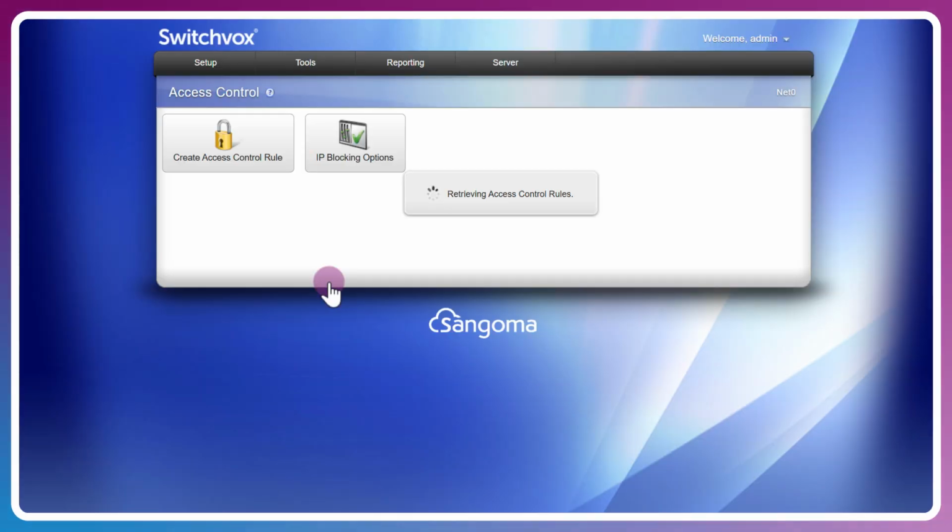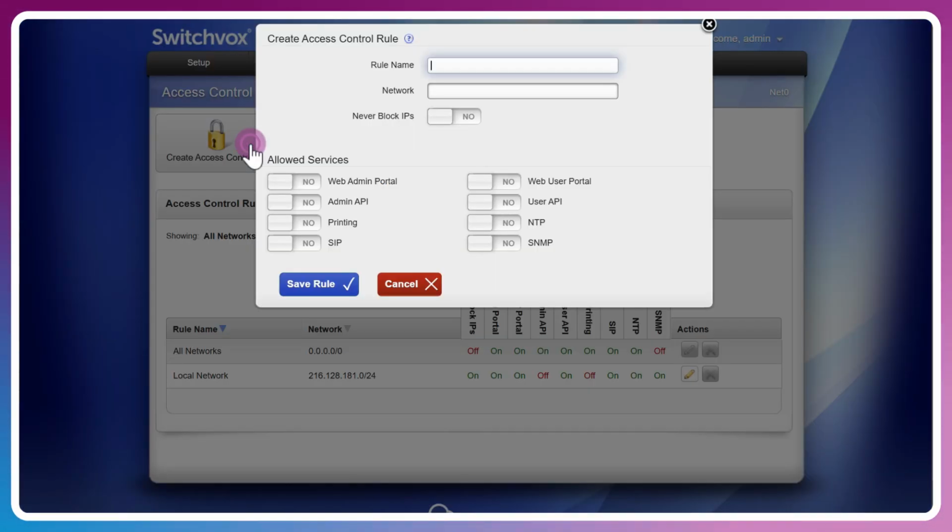Now, if you'd like to have a little bit more of a secure environment than just allowing access through the all networks, which would cover any remote users and providers, we can actually specify the external IP address of a remote user that needs to access the Switchvox. In this case, I'll walk through setting up my IP address so I can access the web admin portal remotely, as well as have my SIP phone communicating with the Switchvox remotely.